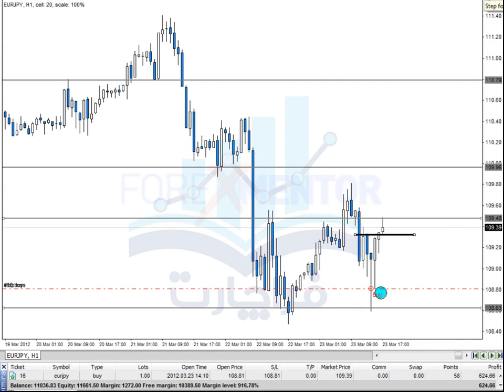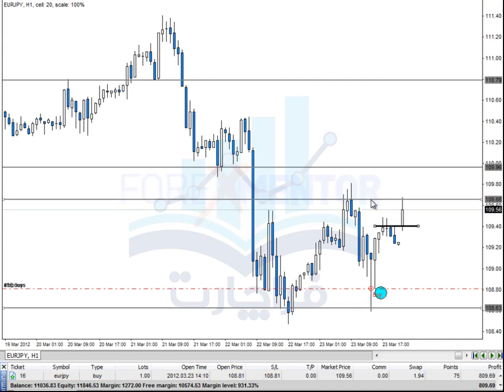So getting a bit of reaction off there. Comes back, now test this area. Dropping lower. We want to see it move above. Okay, so we get a little pop up. And you see we're testing the highs here. Okay. So what I want to do now